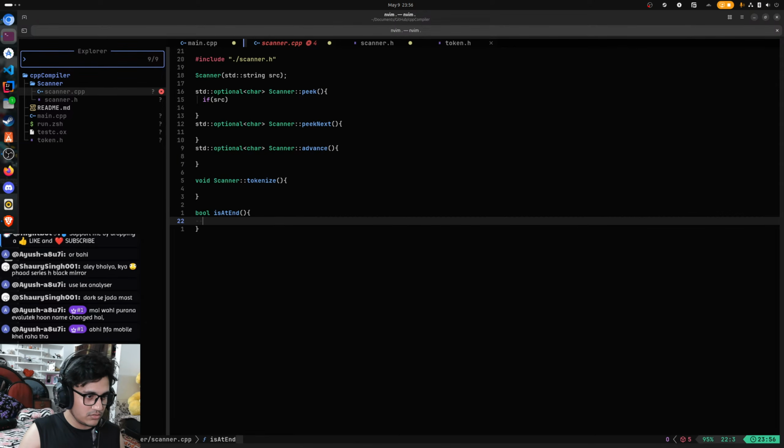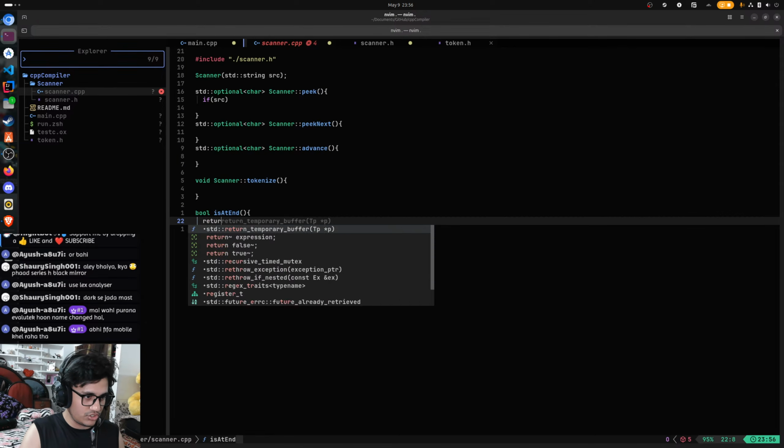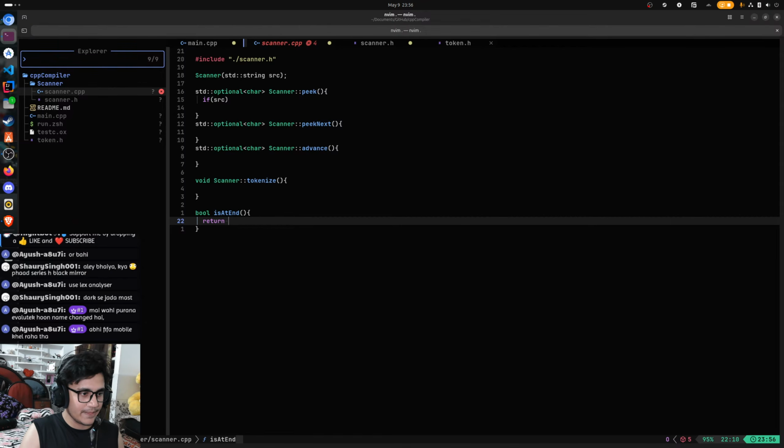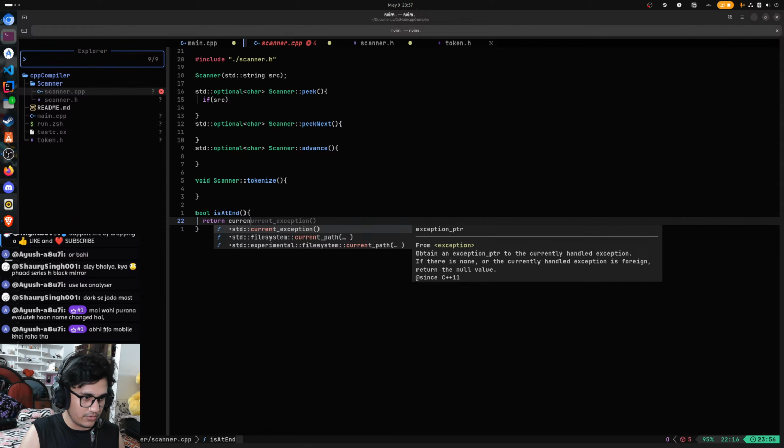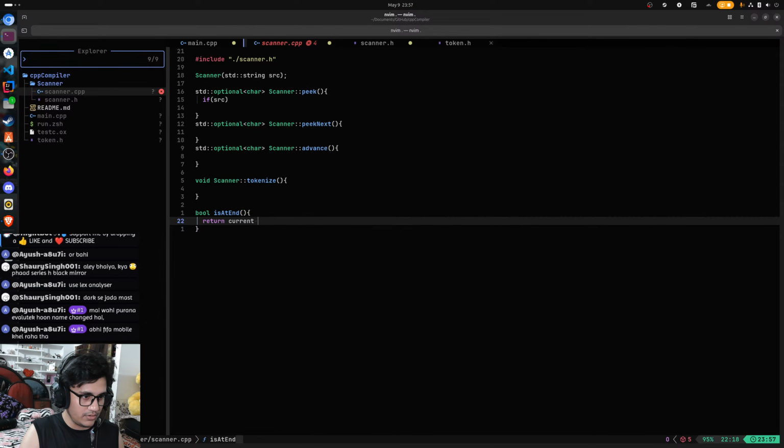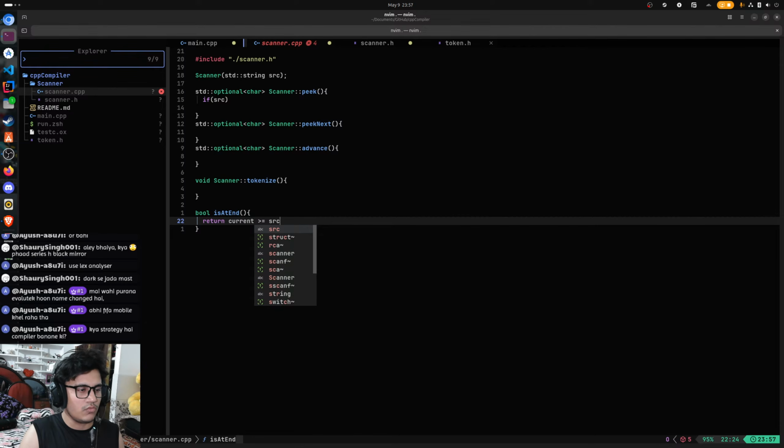This function, now the thing that I check is return if the current is greater than or equal to src. What was that? src